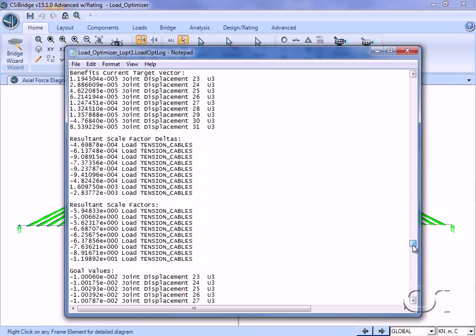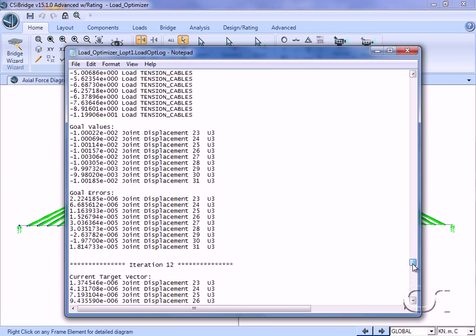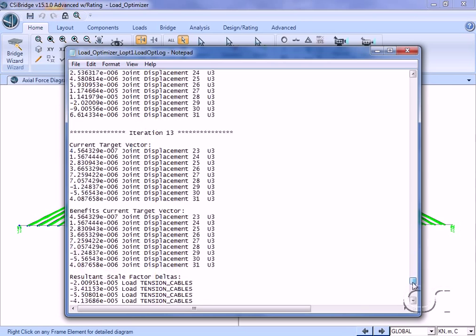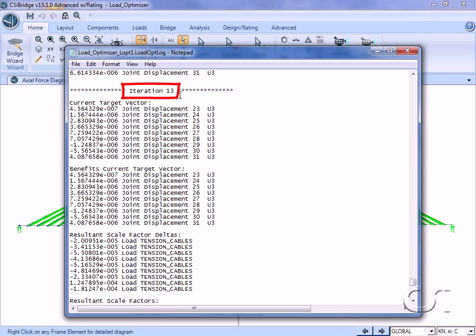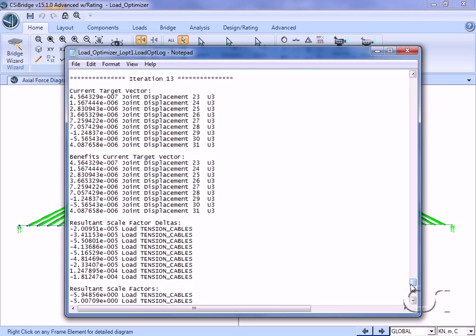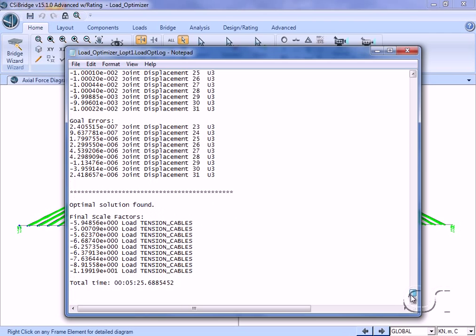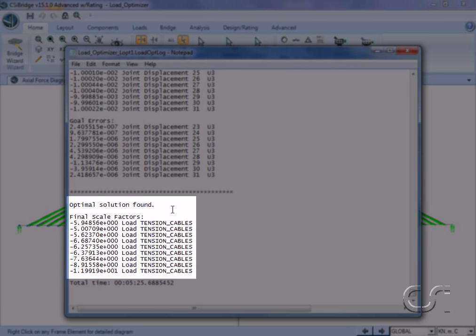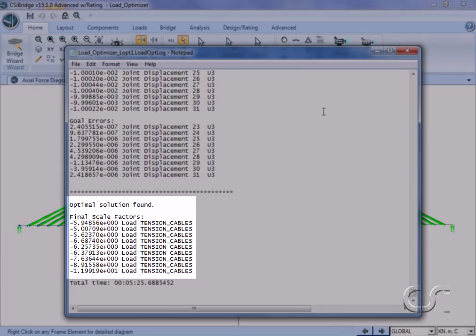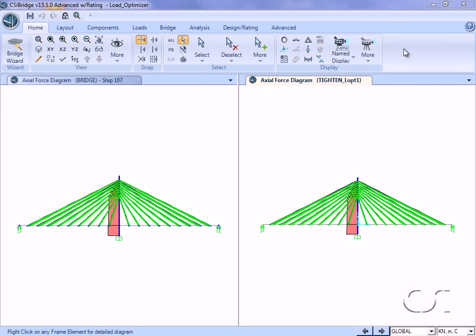And that 13 nonlinear iterations were required to find the solution. This completes this tutorial on the CSI Load Optimizer.